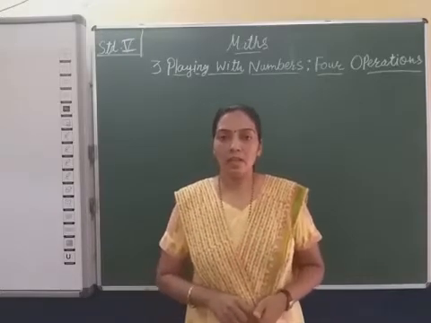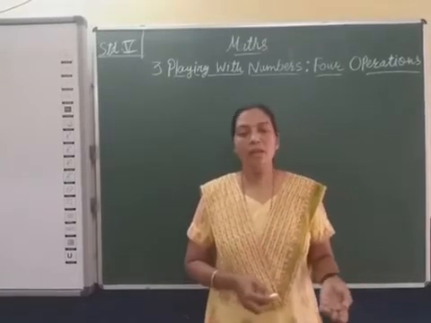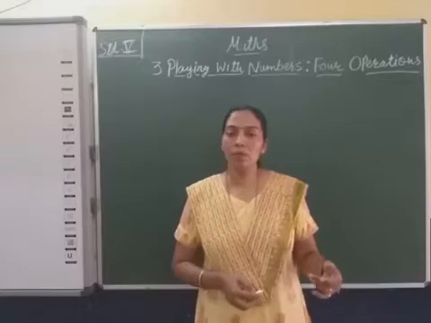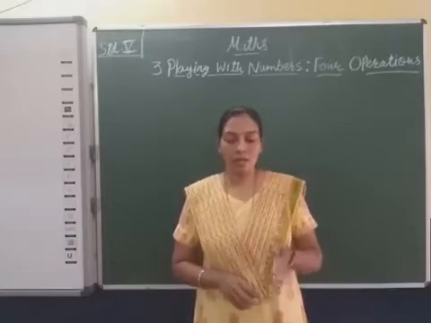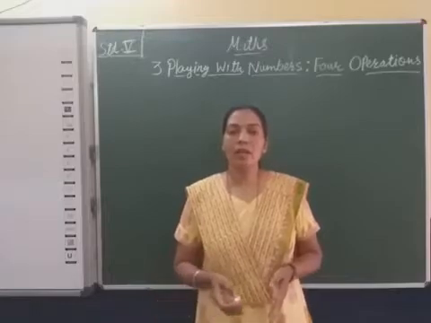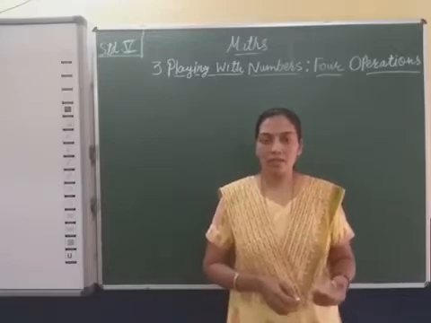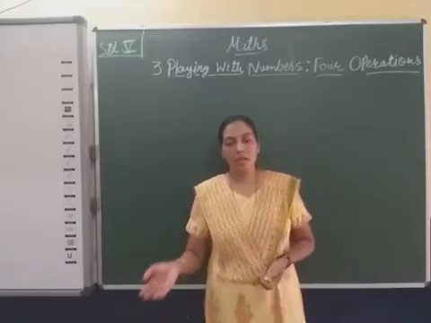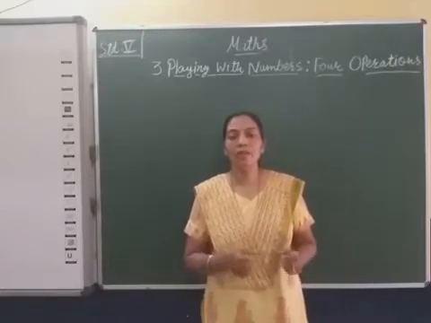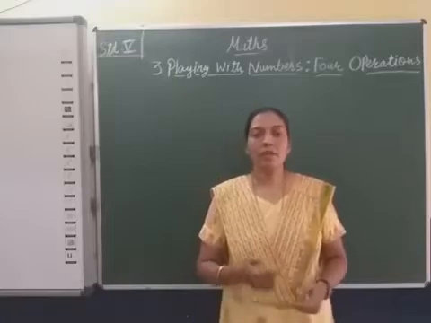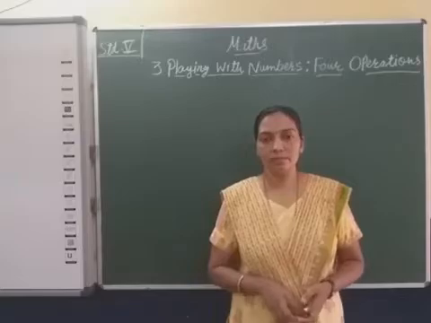First we will see the addition. In the previous class you learned addition up to 5 digits, 6 digits. In this year, in your Chapter 1, place and place value, you learned 7 digits and bigger numbers. Related to the first chapter, in this third chapter we learn bigger number addition, then subtraction. So let me start with addition first.